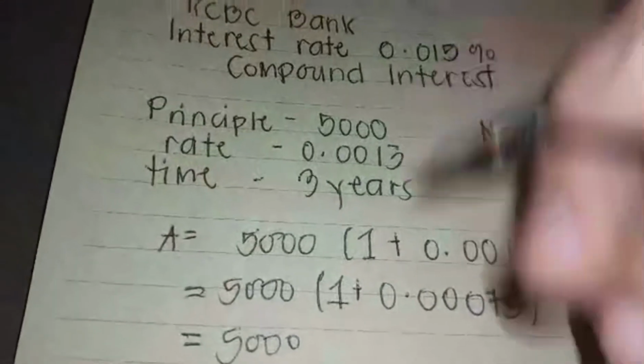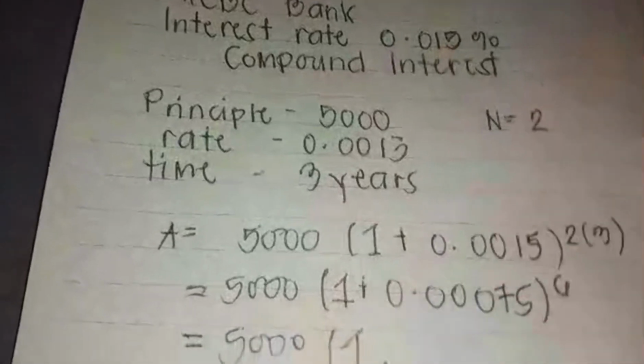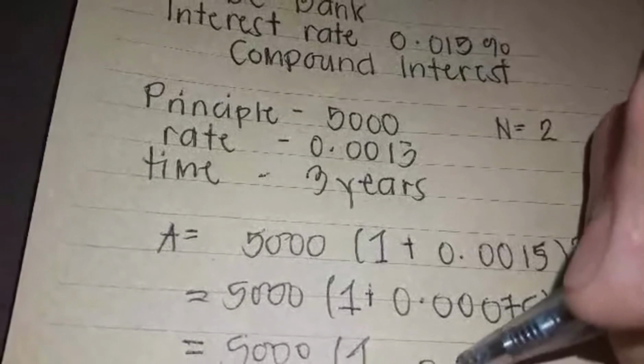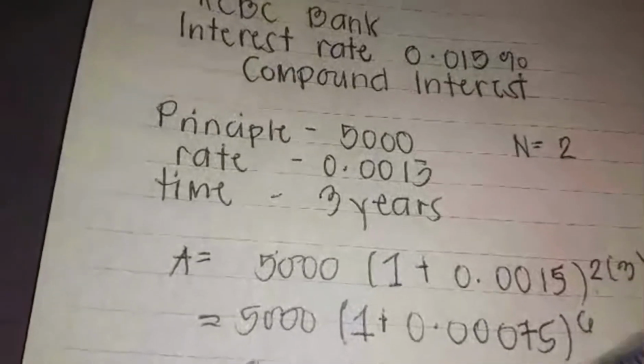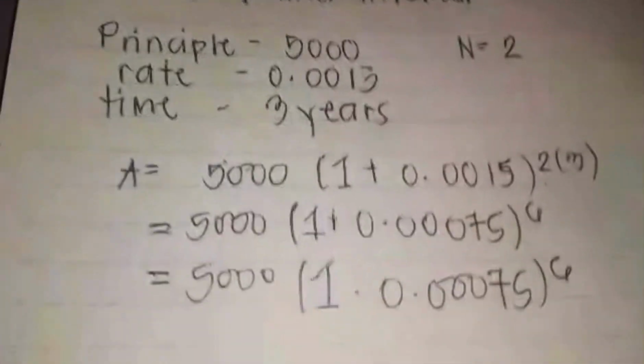Another 5,000 times 1.00075 to the power of 6 equals